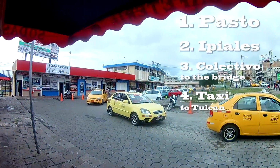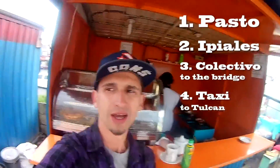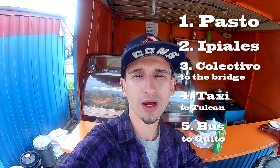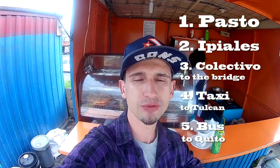The terminal in Tulcan. The terminal looks like this. And actually, to be honest, in Tulcan there is absolutely nothing to do. So from here you take a bus to Quito, and the bus goes from 5 to 6 hours. It's about $6. I'm going from Tulcan to Ibarra, but it doesn't really matter. So basically